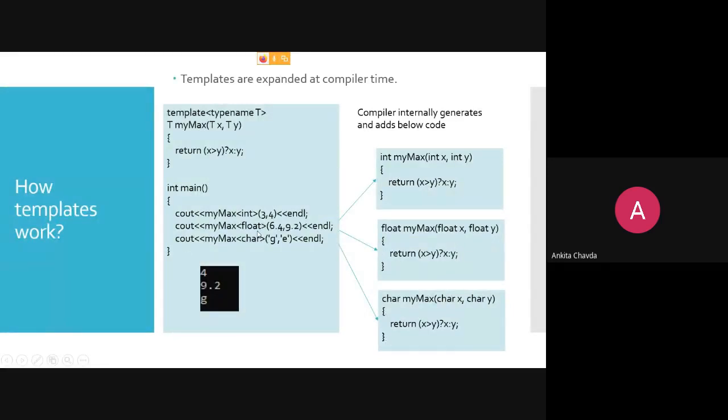Here you are writing float, so in this function every data type will be replaced with float. Here is a character. So this is how it will be expanded at compile time. So it is compared with macros, because a macro is also the same kind of thing, right? They will be expanded whenever you write #define PI 3.14. So wherever you have written PI, that will be expanded as 3.14 at compile time, right?